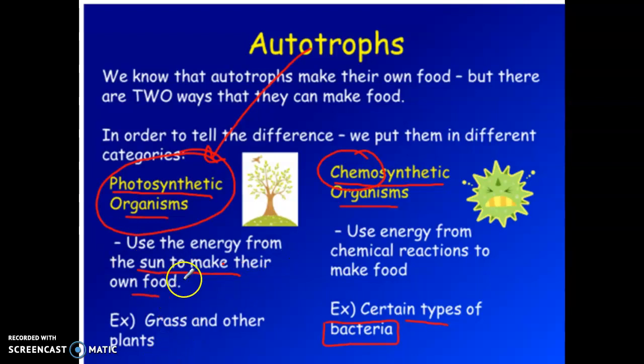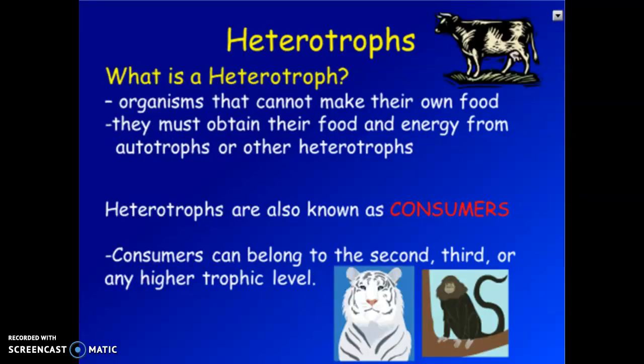We obviously are not like this. We can't just go lie down in the sun and never have to eat again. We are not autotrophs. We must consume our food. So basically anything that does not have to eat, that makes its own nutrients, is an autotroph or producer. Heterotrophs, the other term that heterotrophs can go by, is a consumer. So producers are autotrophs, consumers are heterotrophs.